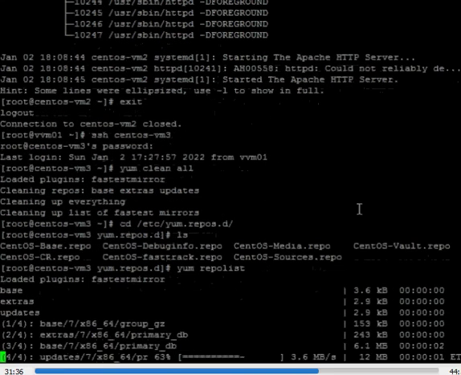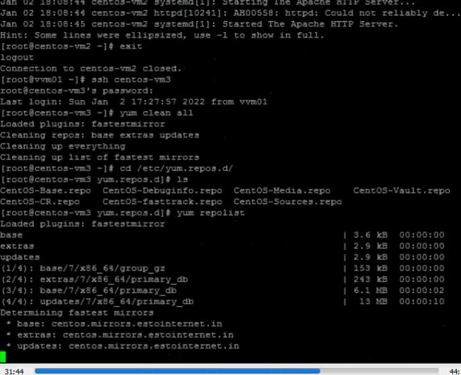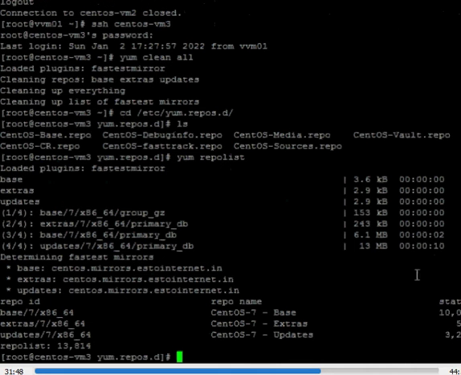Now let's do the yum repolist. You can see there are base repo, extras repo, then updates are there. Now here you can see the status, that is 10,000 packages are there in the base repo.